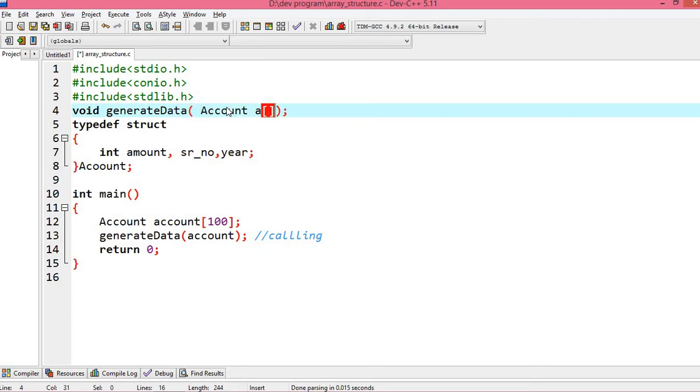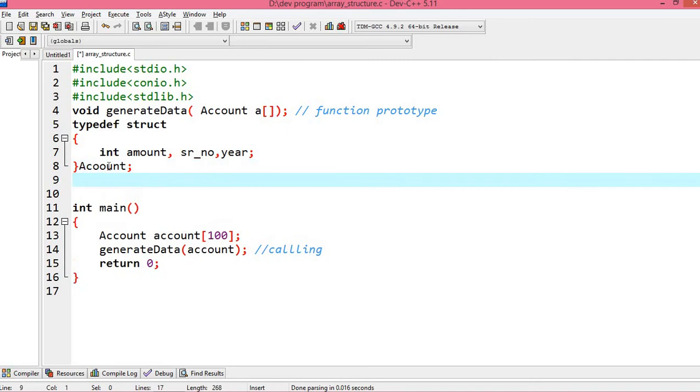As it is an array, I need to specify it like this, and after that let me declare one variable, that is integer size. So this is called the function prototype.